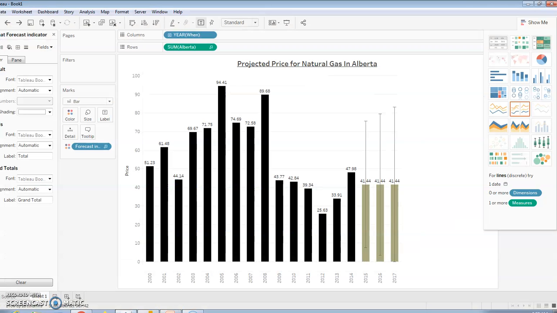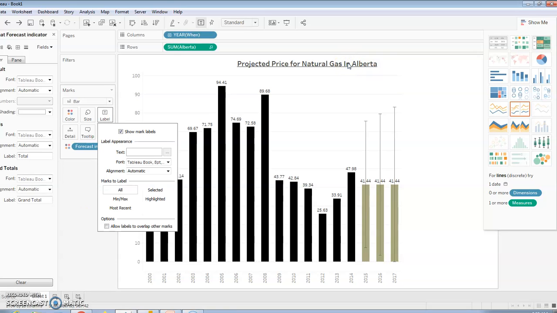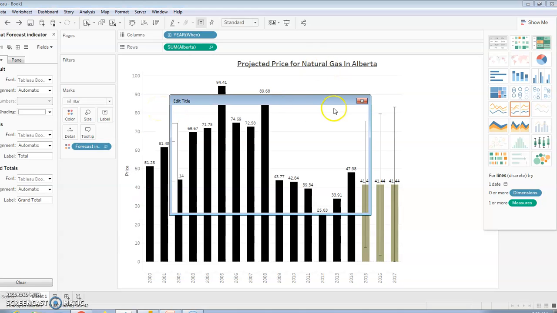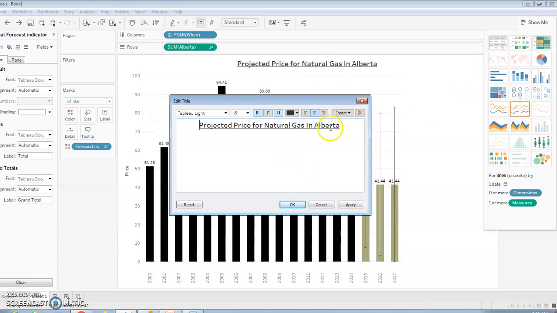Tableau is also very similar, and we can upload our data like this. We are giving the column values, the row values, and color, size, label, and everything here. If you double click on this particular title, we can change it to something else. It will pop up. We can change it, alter it, everything like this. It is very easy to use.